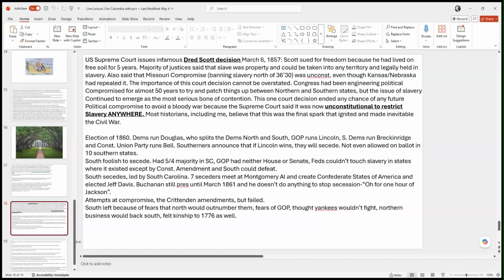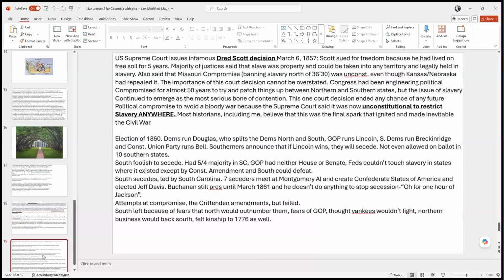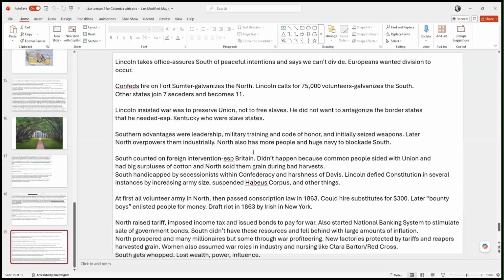And that's probably the most critical crisis our country's ever faced. Lincoln is sworn in as president, and the Civil War begins. And as the war begins, the southern states, the Confederacy, has some advantages. The southern military tradition was really great, and it was very common for wealthy families to send their sons to West Point. So there were a lot of really good southern generals, and initially they were victorious. They did very well, but as the war went on,